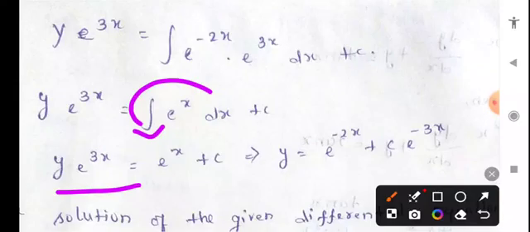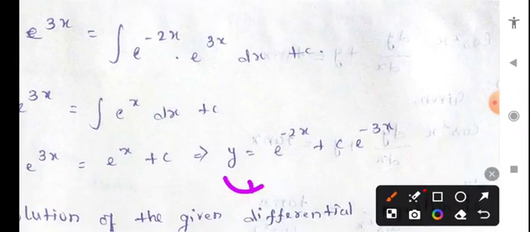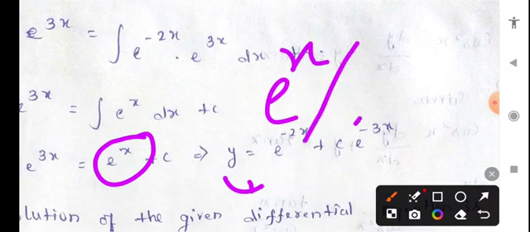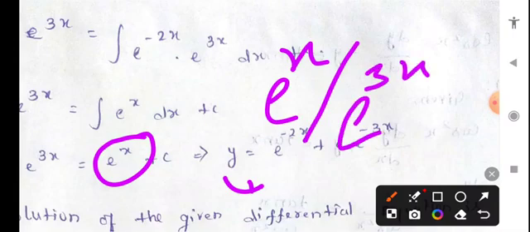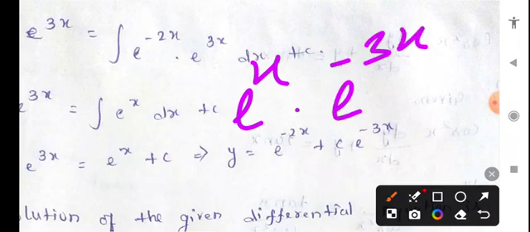Now we have to find the value of y. We can send this e power 3x from the left-hand side to the right-hand side. So e power x divided by e power 3x will be presented. Now you have to send this e power 3x to the numerator. It becomes e power x into e power minus 3x. Now the bases are the same, so the powers should be added. What answer will come? x minus 3x is minus 2x. So e power minus 2x plus